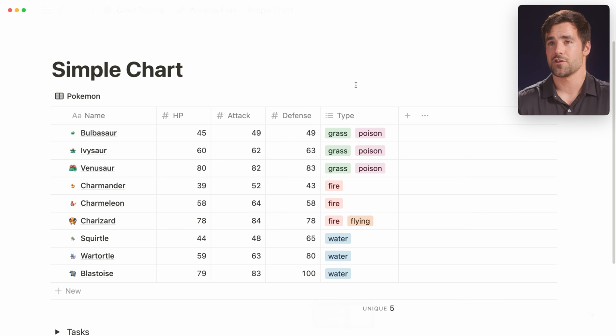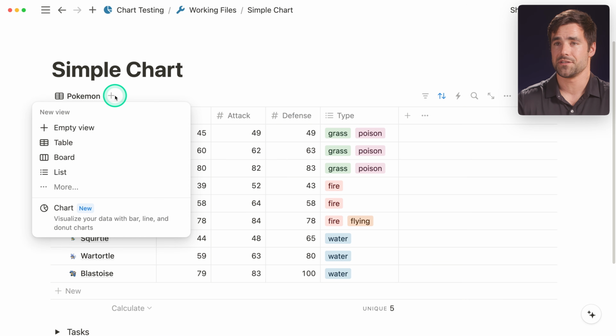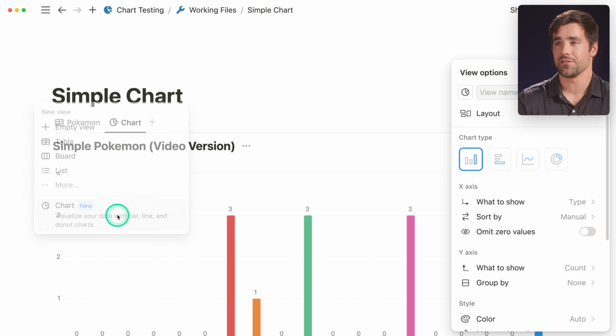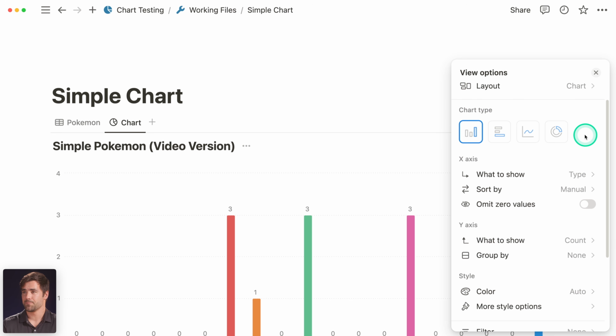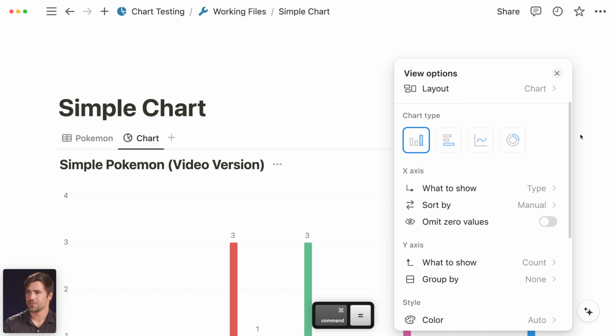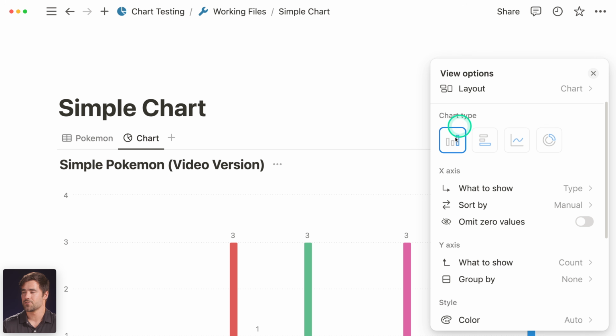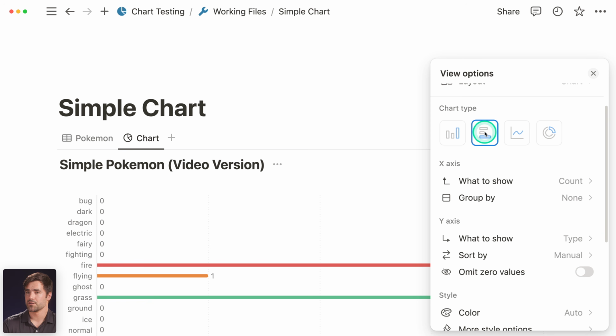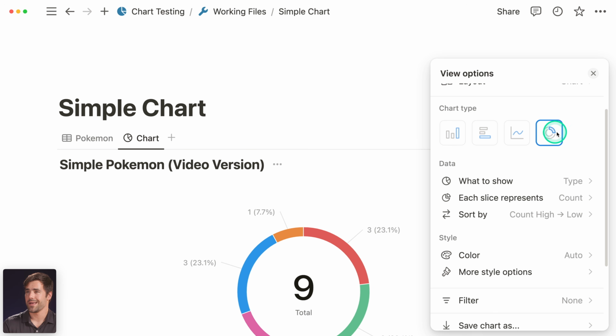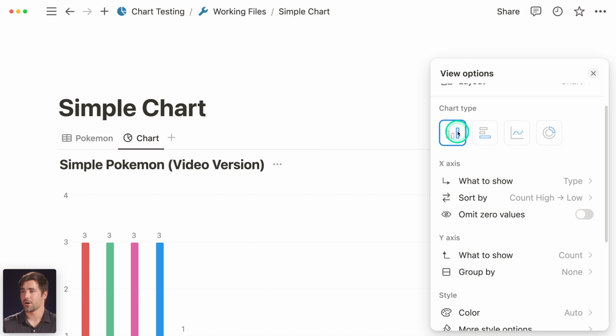So to create our first chart, we can create a brand new view here in this database block. We're going to choose chart as our layout type, and then we're going to get a whole bunch of options here. So we have chart type as an option, and I think I'm going to be zooming in and out for this video because sometimes the chart settings are a little bit small here. We've got a vertical bar chart, we've got a horizontal bar chart, we got a line chart, and we have a pie chart. So to recreate our first chart, we're going to go back to our vertical bar chart,